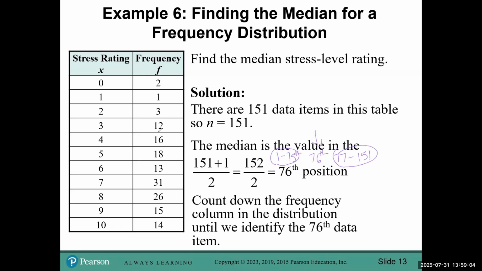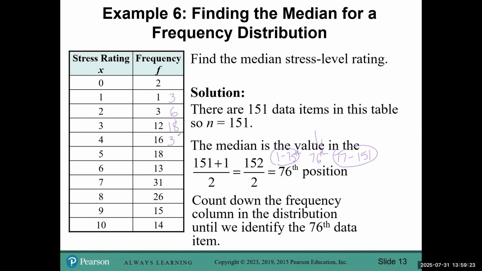And then what I do is I count through here. So you can see there's 2 here. 2 plus 1 is 3. So in the 3rd position would be a 1. 3 plus 3 is 6. So in the 6th position would be a 2. And then I keep adding 6 and 12,